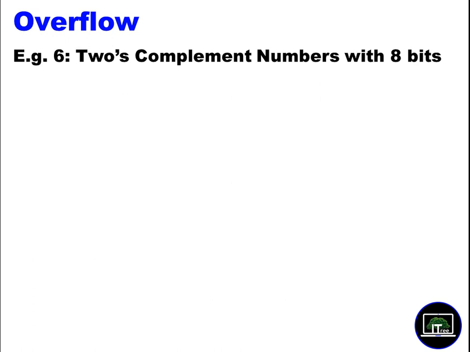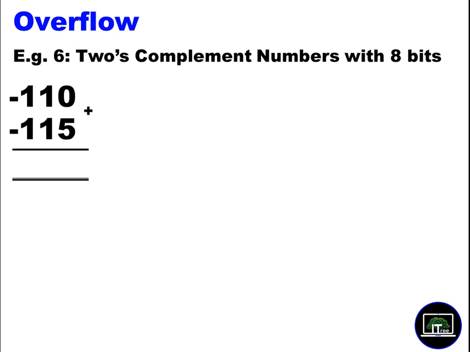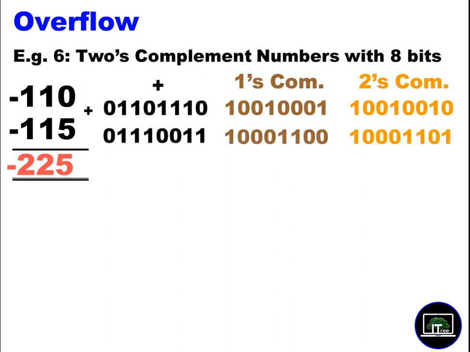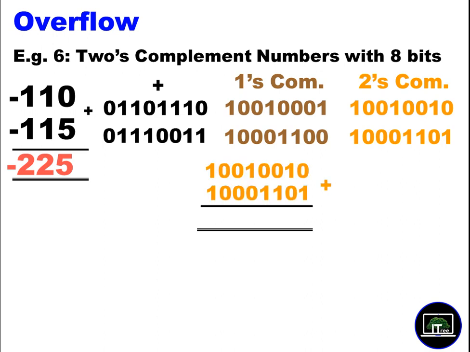Okay. We take another one. So we convert into 2's complement because both are negative numbers. We can convert both to 2's complement format. We can add these things together now.